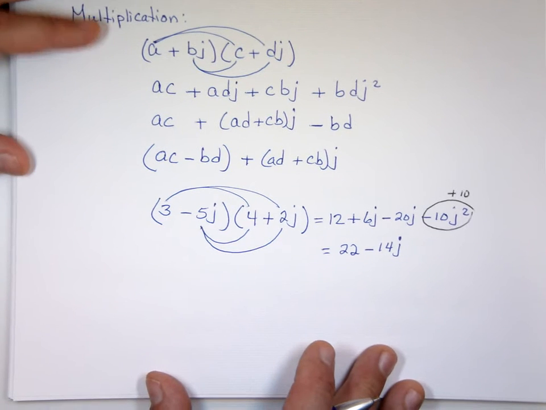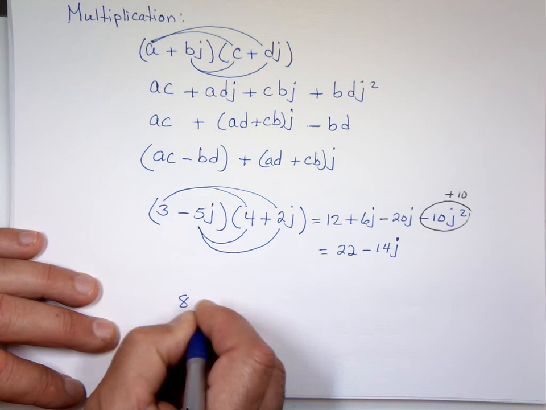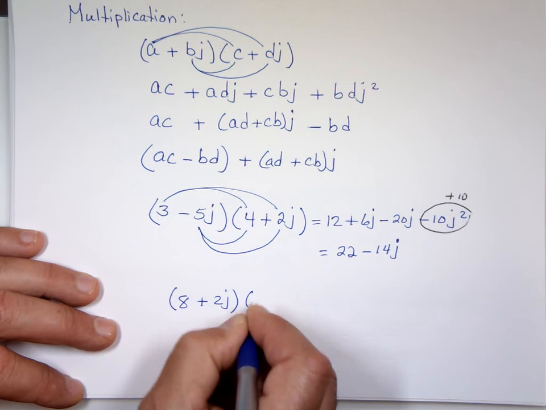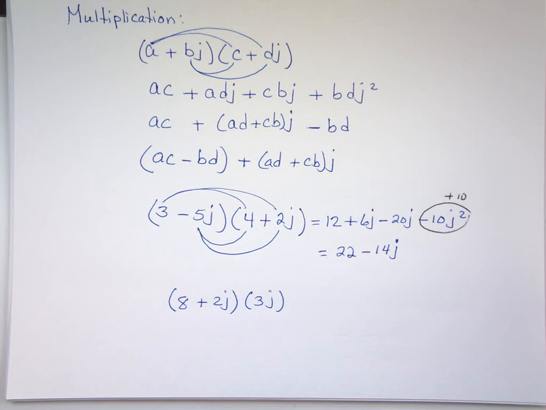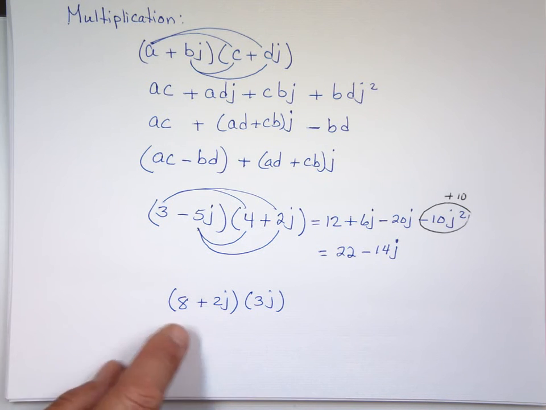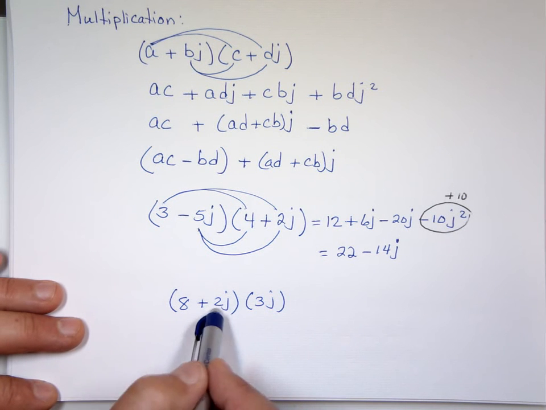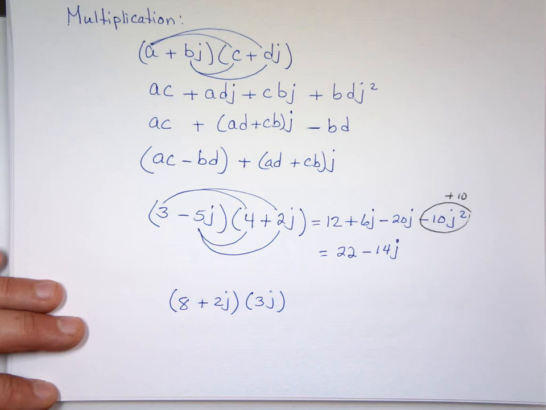Another one. 8 plus 2j times 3j. Now I don't have 0 plus 3j. I could make it, but I really don't need it. This is like multiplying. This is the same as going 8 plus 2x times 3x. You distribute that. So if you distribute that,